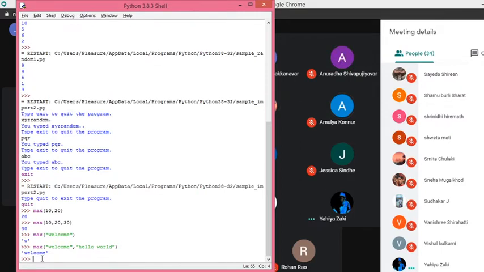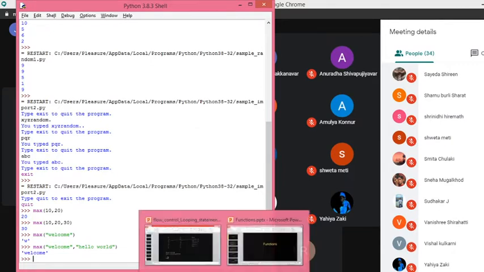What about the complexity? Will it be increased or reduced? Reduced. So there is reusability, reduced complexity, and debugging will be easier. So many advantages we have with the help of functions.